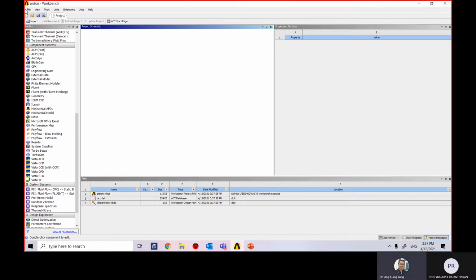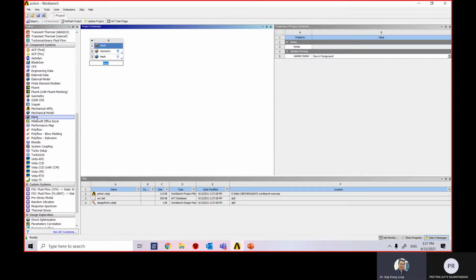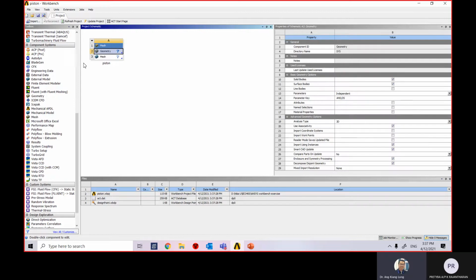All right. Now, once you have saved the project, we will go ahead and open up the mesh again. Same as before, go to the mesh individual solver, double click, and then name the mesh as piston or any name you want, no problem. Then after that, we're going to